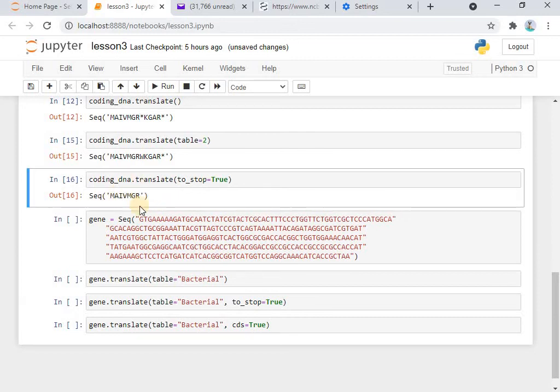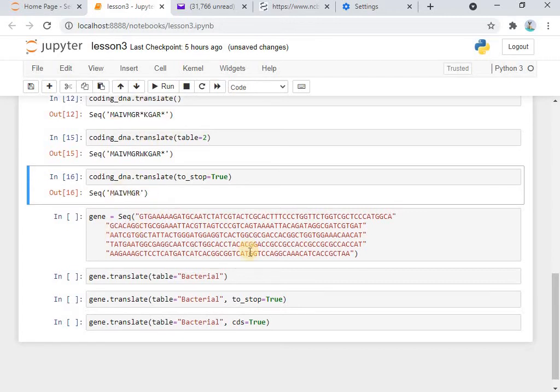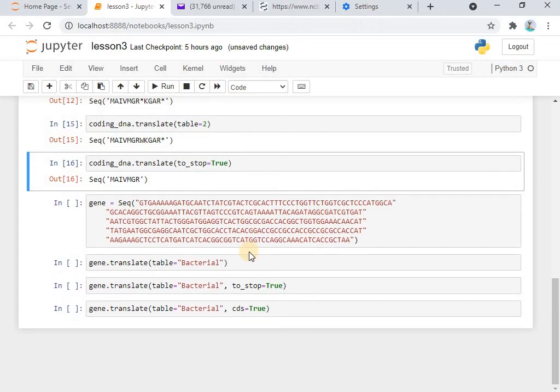As we can see here, it stopped here. So to stop, in nature actually the stop codon is not included in the protein sequence. So here it does the same. When it reaches the stop codon, it will stop here. There is another thing, which is